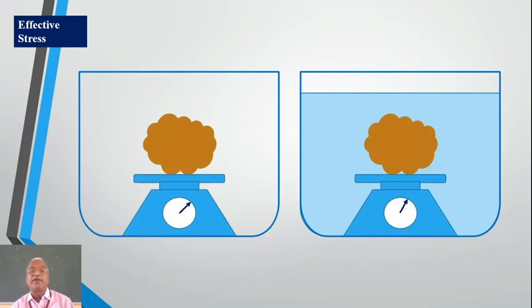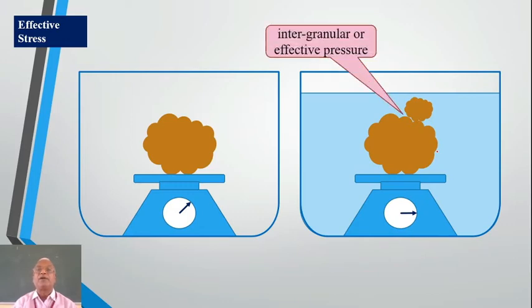Once again, a similar thing over here. The objects on the left-hand side are in air. The water has risen up because of that, so there will be a slight increase because of the additional pressure. Now effectively these two surfaces are pressing against each other with slightly more force. That's all. The pressure with which the two objects are pressing against each other is known as intergranular pressure, or it is also known as effective pressure.